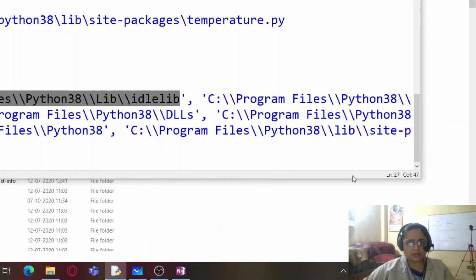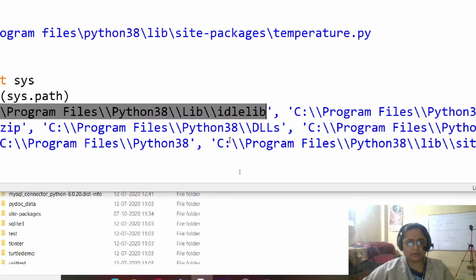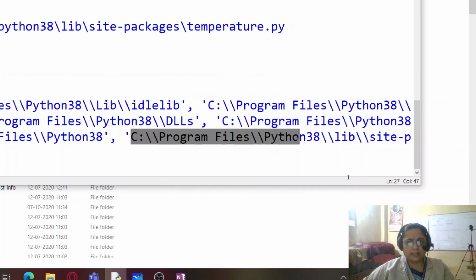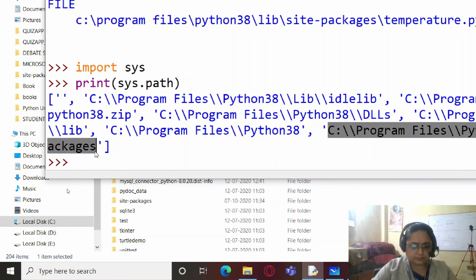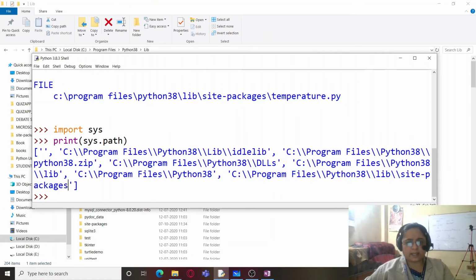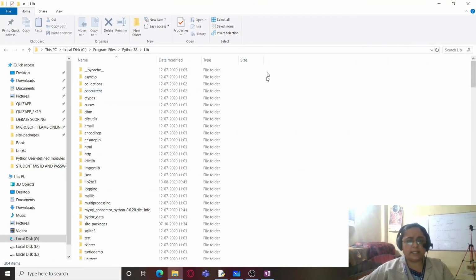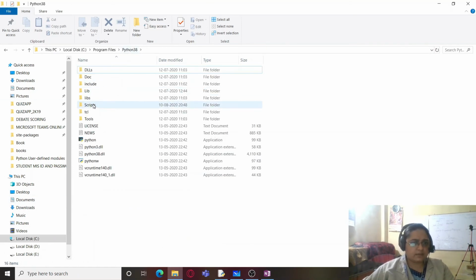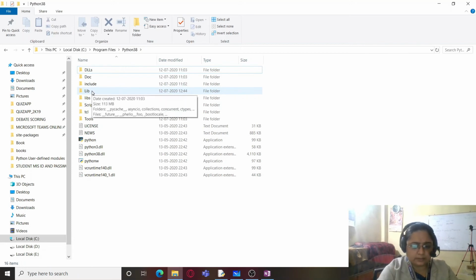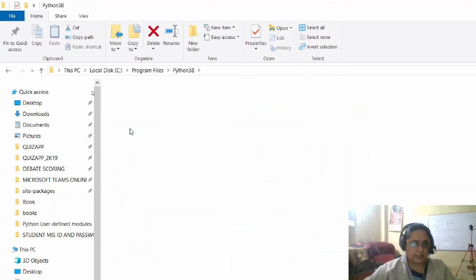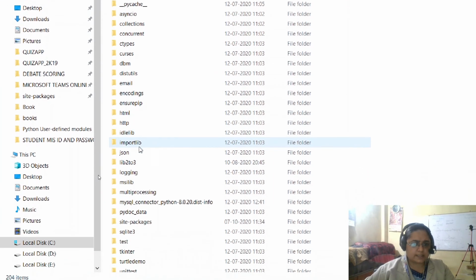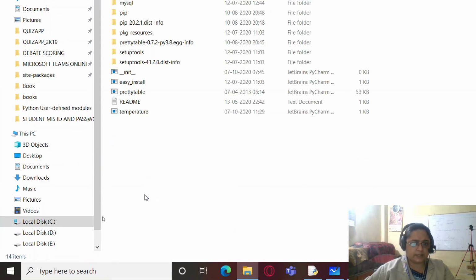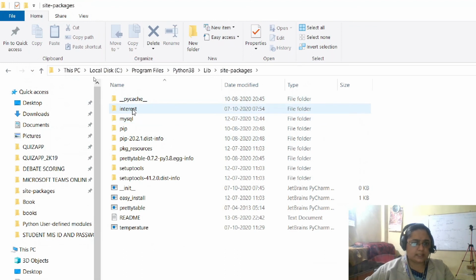Here you have to check this area, lib site-packages. This site-packages contains all the externally downloaded packages, which is over here within the lib folder. Within the lib folder, you have the site-packages folder, and within this you can see a user defined package created by me, that is interest.